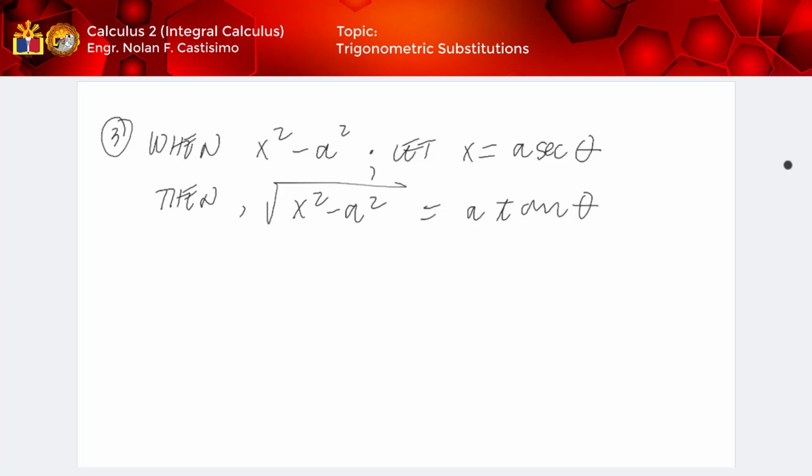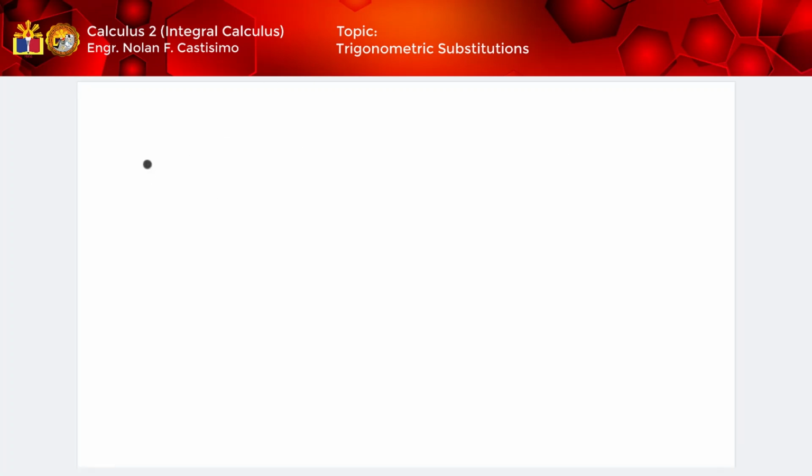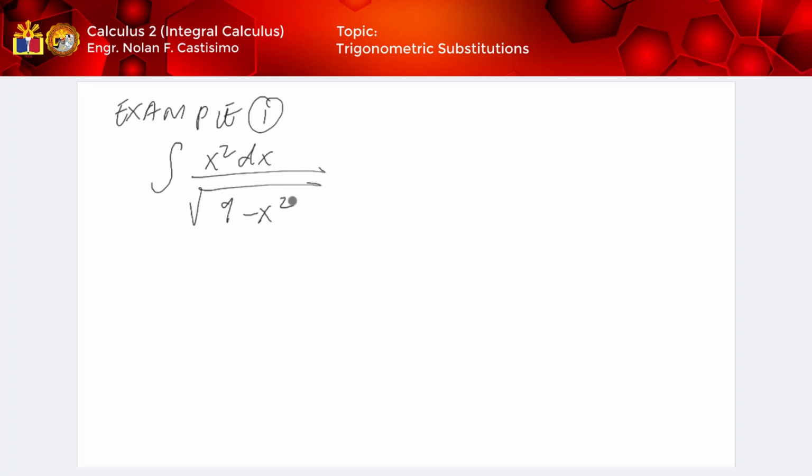Okay, let's have an example. Example number 1. We have to integrate x squared dx over square root of 9 minus x squared. So, equate lang natin to. We have to rewrite. So, this will be equivalent to x squared dx over square root of 3 squared minus x squared,